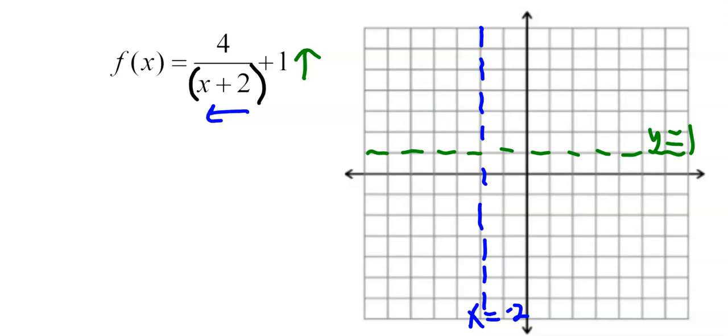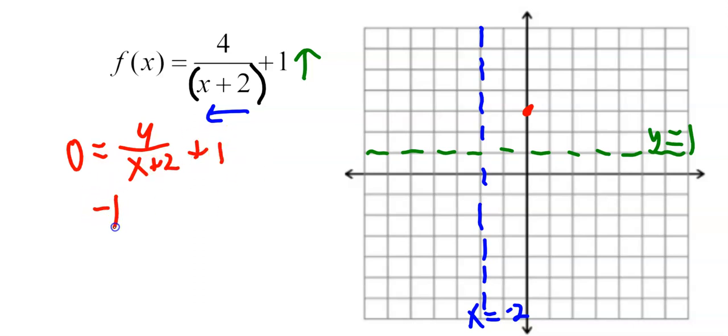I really want to find the x and y intercepts. So y equals 4 over 0 plus 2 plus 1. That would be 4 over 2 is 2. 2 plus 1 is 3. So y equals 3. So 1, 2, 3, right about there. And if I find the x-intercept,